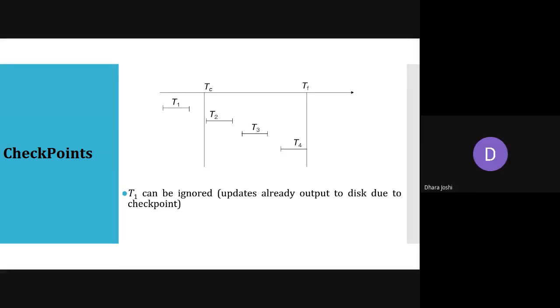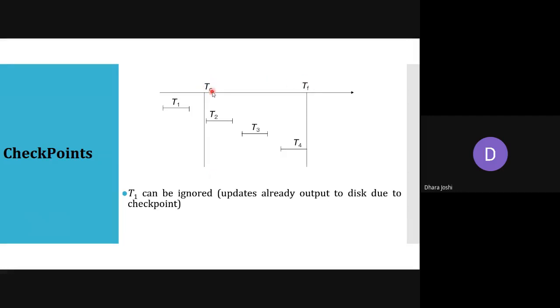Good morning, everyone. In the last lecture, we studied what a checkpoint is. A checkpoint is a kind of mechanism we can use. We put a checkpoint, and whatever transactions are done before that checkpoint are all reflected into the database, and we need to think only about the rest of the transactions. So here in the example, this is a checkpoint and this is a failure.